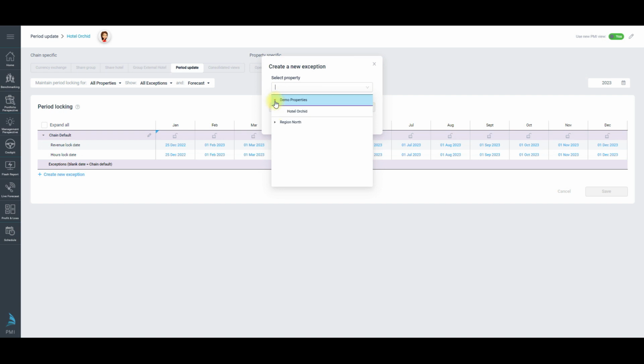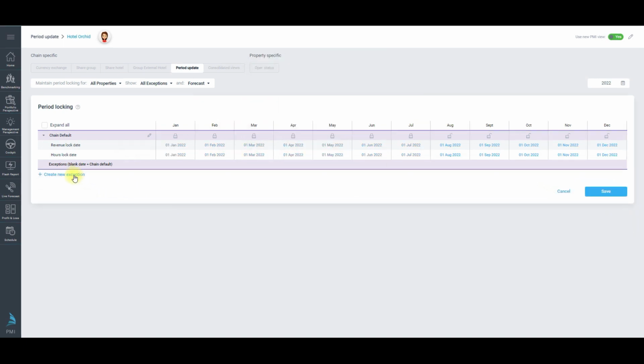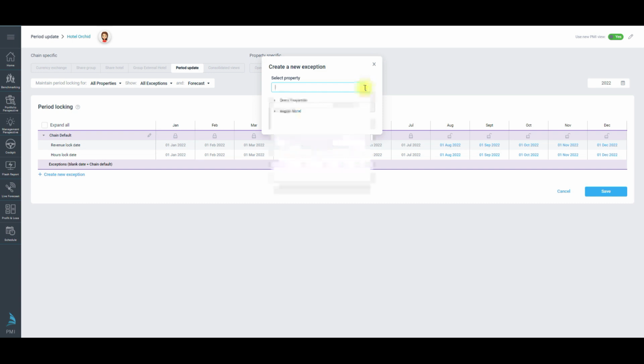And then if a specific property needs to make edits in a locked period, use the create an exception function. In this example, many staff were on vacation in June and they forgot to update the July forecast, so have requested that July forecast is reopened so they can update and save it. To do that, select create a new exception, select the property,